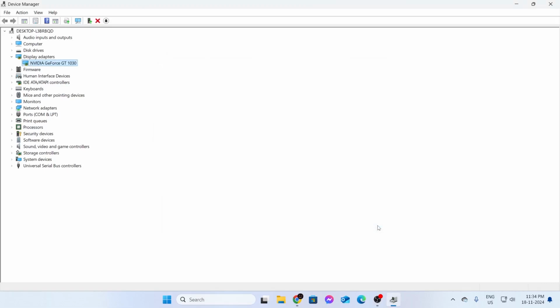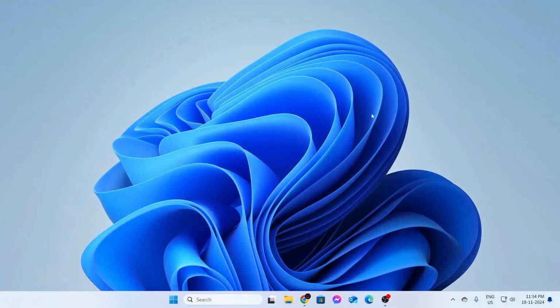Just close this. If you have yours here, just install it. After that, just close all this. And then you can go ahead and restart your computer. And that is basically how to update your graphics drivers on Windows 11 laptop or desktop